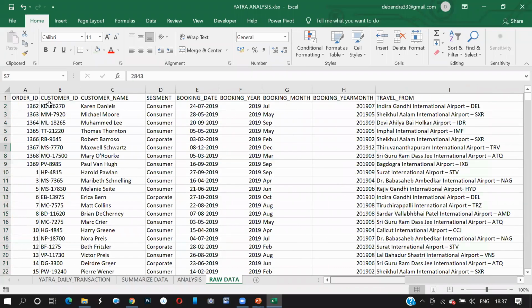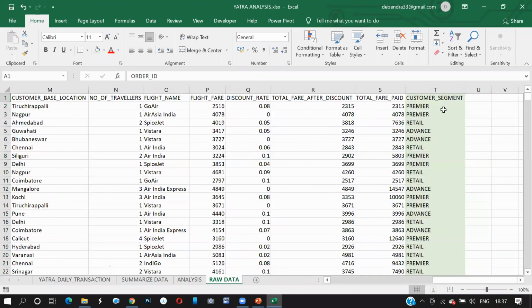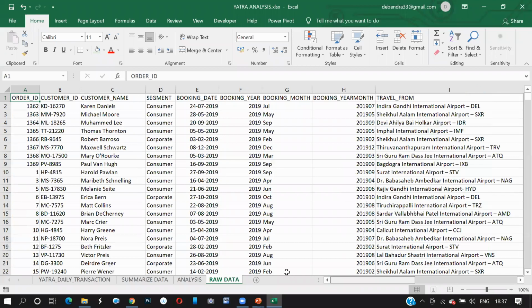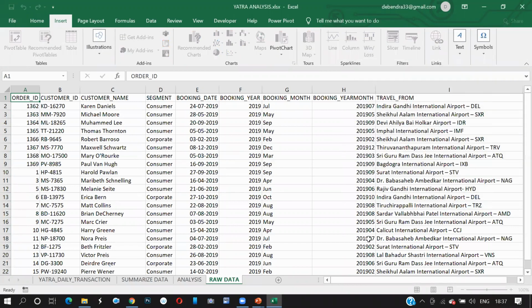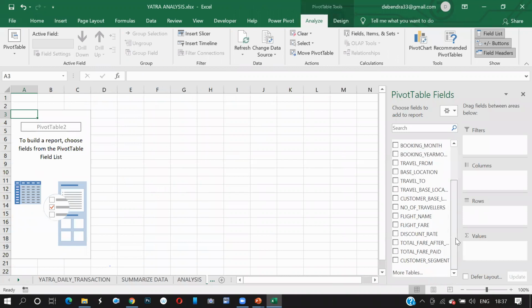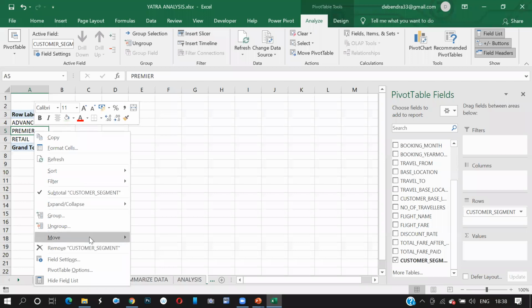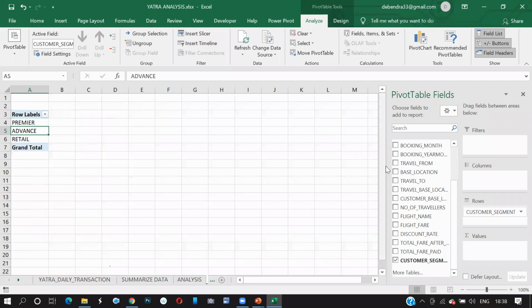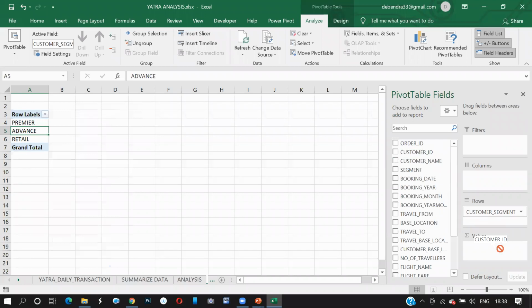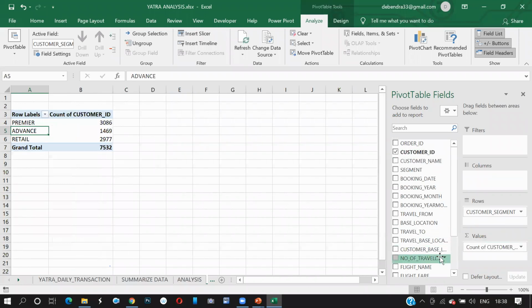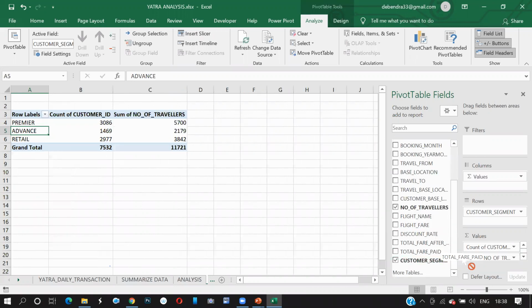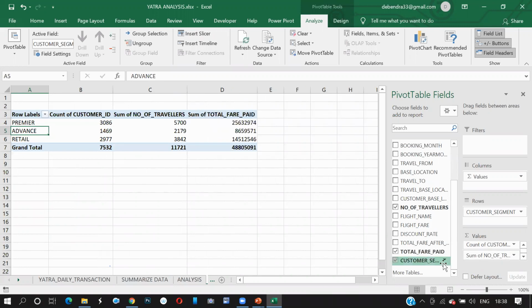Soon after you get this data with the customer segmentation, you have to make this analysis presentable to the business. How will you go for presenting to the business? You select this data and create a summary analysis one more time, taking by customer segmentation, right? You take your premier customer on top. You take customer ID as a count, their number of trips, and the total amount they have paid, right?